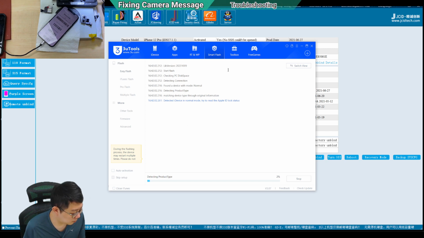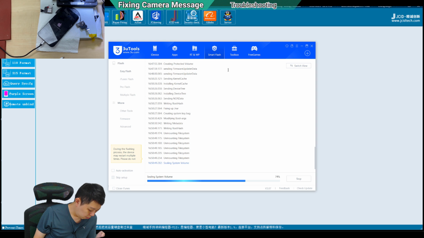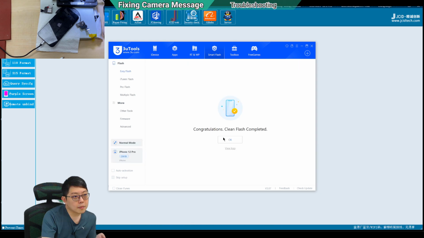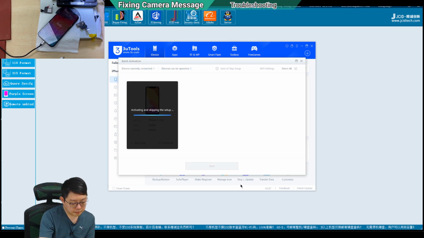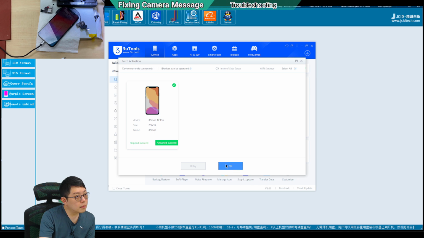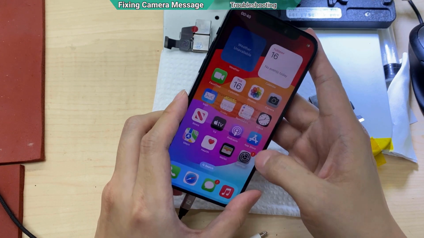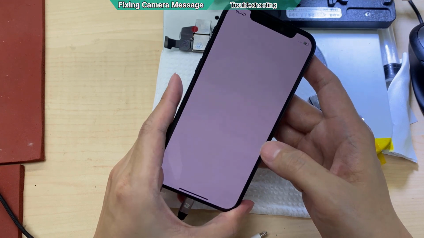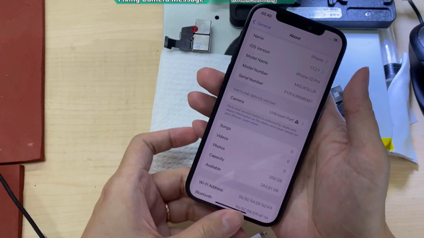Flashing. Okay, the message is still there. It's weird. I think it's possible I scanned the wrong code. So I need to redo it.